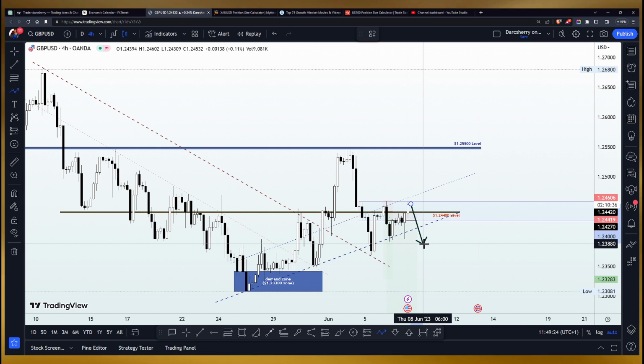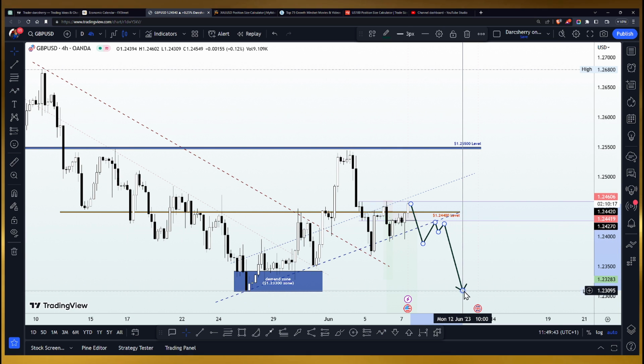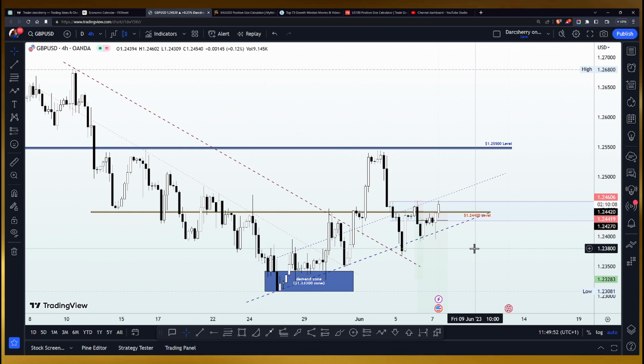And remember, we are not getting too excited. We want to wait for price action to give us a confirmation in the form of a retest of structure on our lower time frame, continued selling pressure, giving us signs that buyers are finding it difficult to climb back above the trend line. Then at this point, we want to start considering selling the GBPUSD. So let's be on standby to catch this opportunity. And that is that on the GBPUSD. If you have any questions whatsoever, feel free to let me know in the comment section.